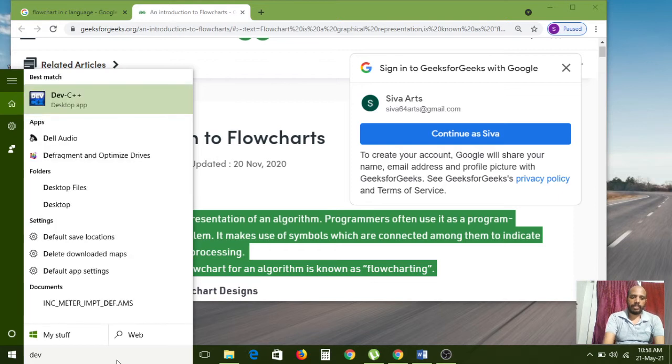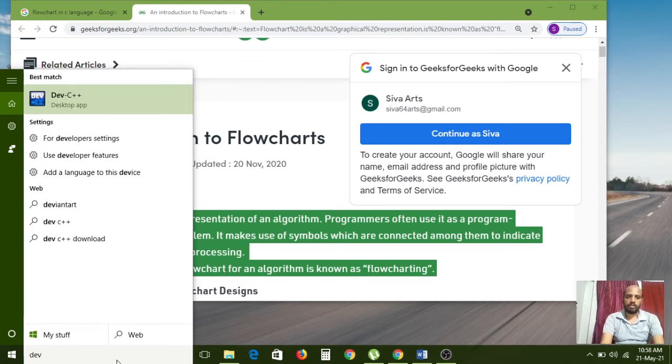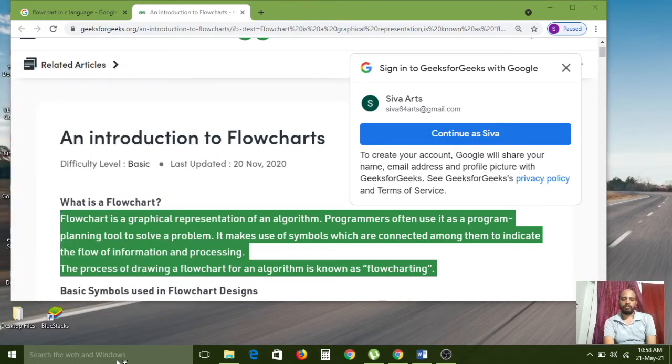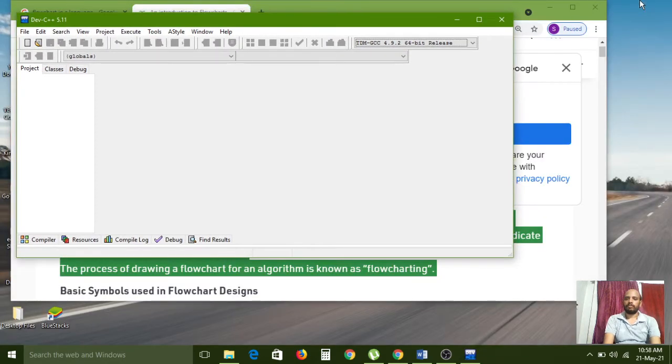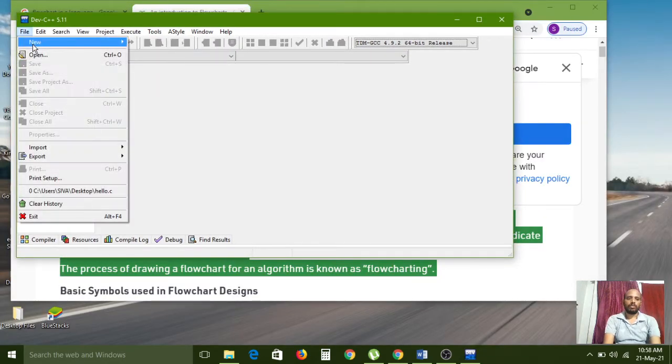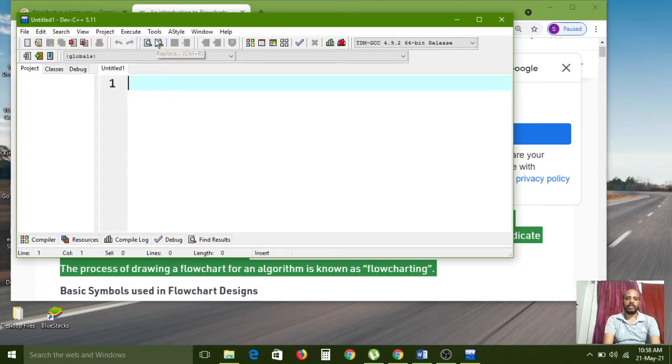For that, I am opening the Dev C++ window. Go to the File menu and choose the New option. In that, select Source File to type any program in the Dev C++ editor.